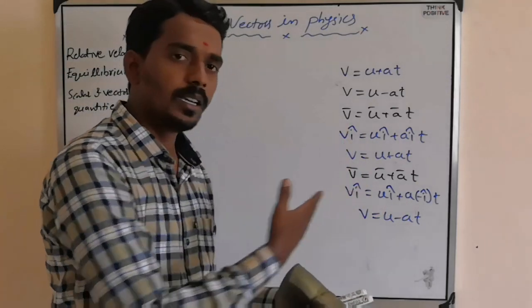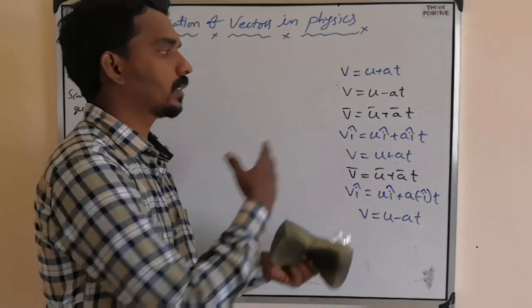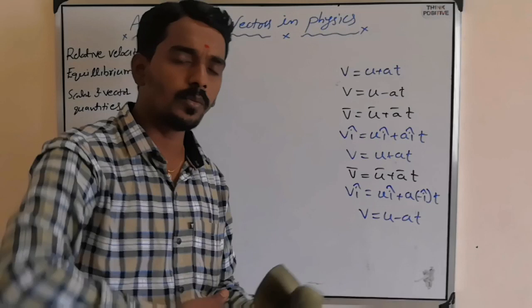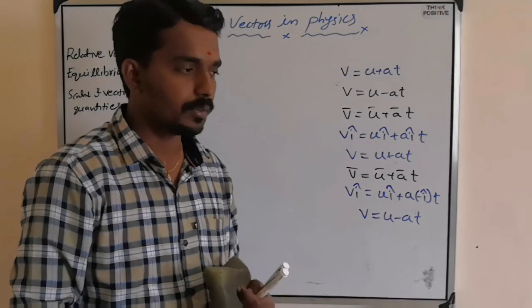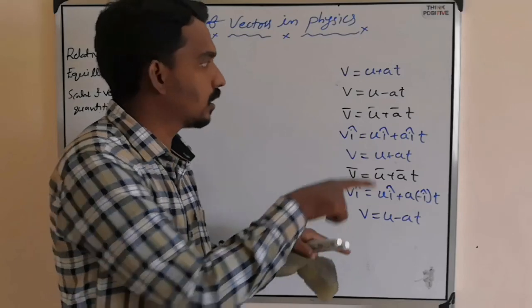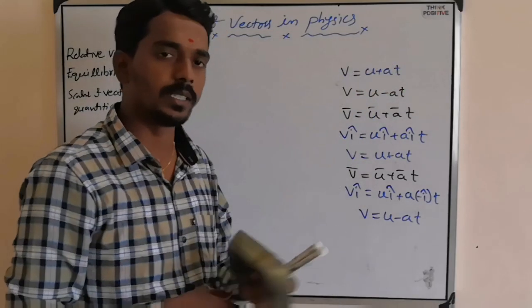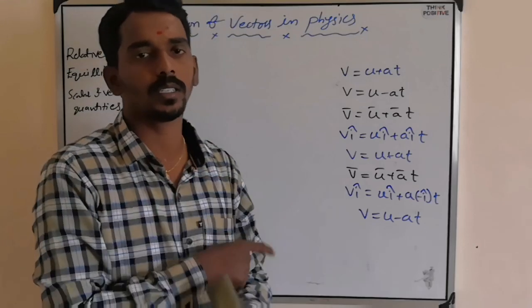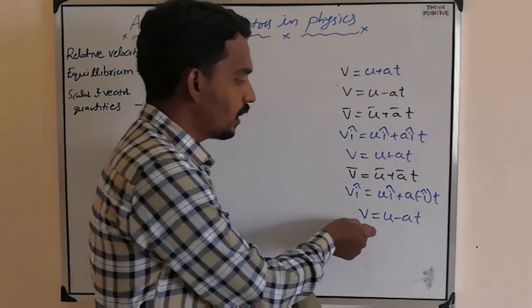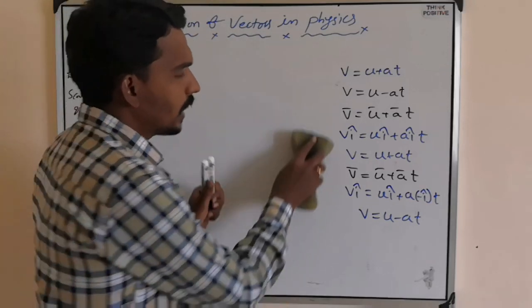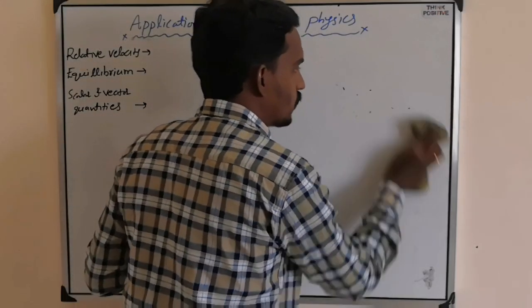That actually you will understand from where? Vectors. But there you have not studied vectors. That's why you will say simply, if velocity and acceleration are in the same direction, then V equal to U plus AT. If velocity and acceleration are opposite to each other, then V equal to U minus AT. But in motion in a plane, what happens, you know?